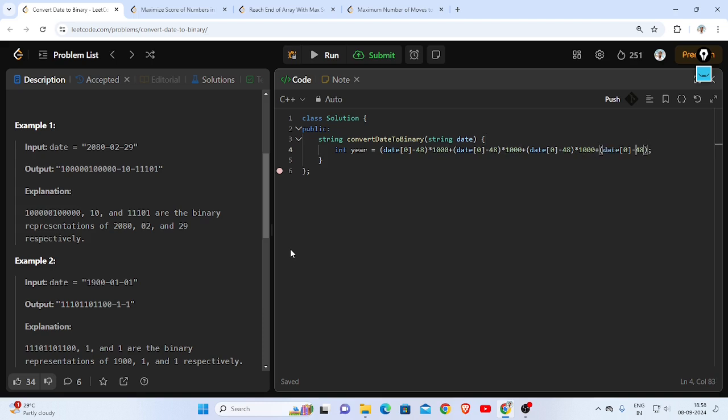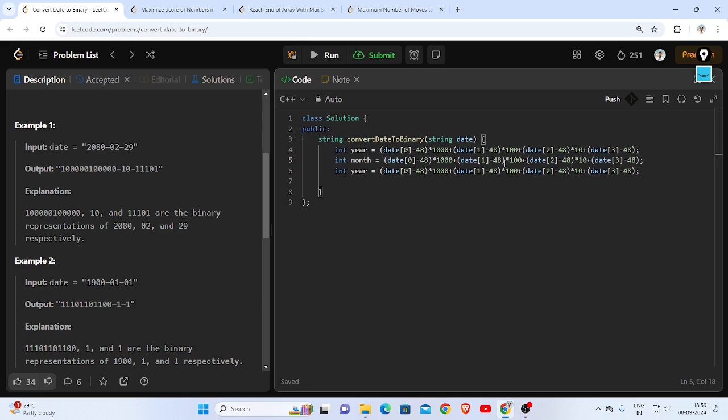This will be only one position. The ones position is going to have a weight of 1, and this will be 3. This will have a weight of 10. This will be 2, weight of 100. This will be 1. And similarly for the day and the month,